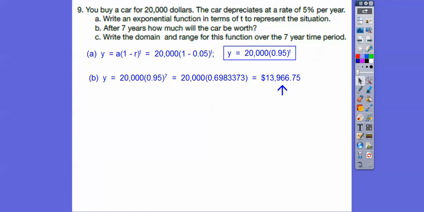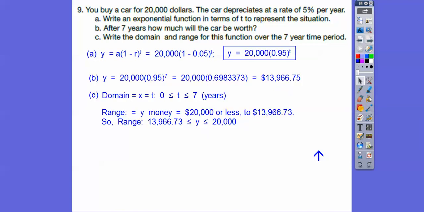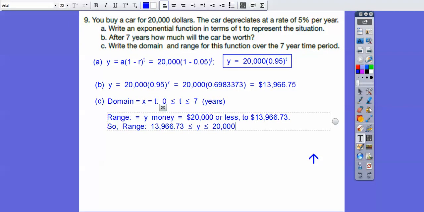And what's the domain? The domain is a t representation, which is time in years, you guys. So it started at 0 years and then to 7 years on this. Okay, so I guess it could go greater than or equal to 0 because it keeps depreciating after 7 years. But this question is talking about it over a 7-year time period. Okay, your range is money, so it started at $20,000. So after 7 years, it depreciated to $13,966.75. Golly, lots of mistakes today. All right. Anyways,